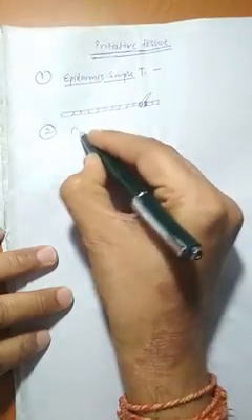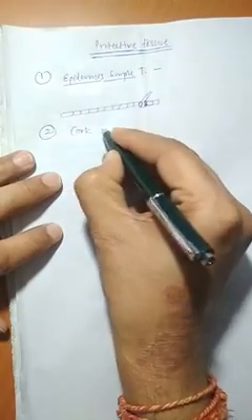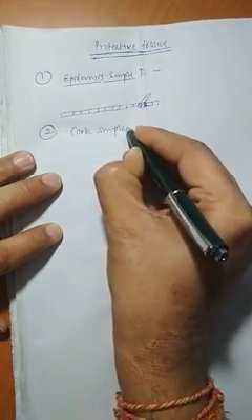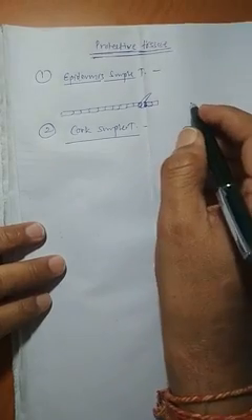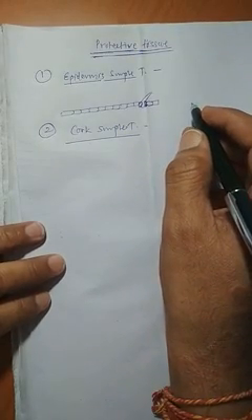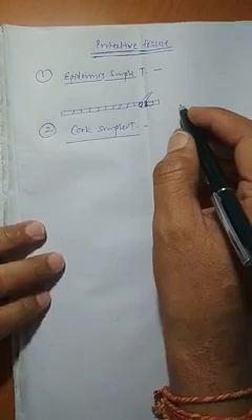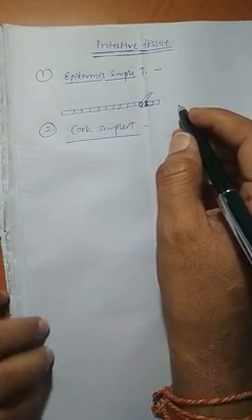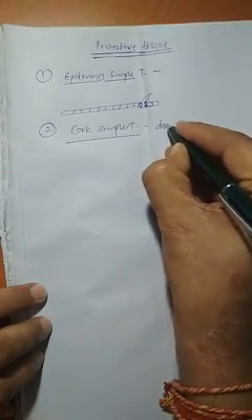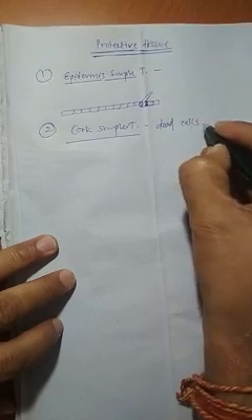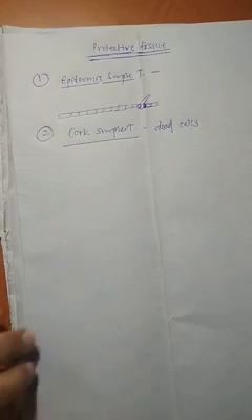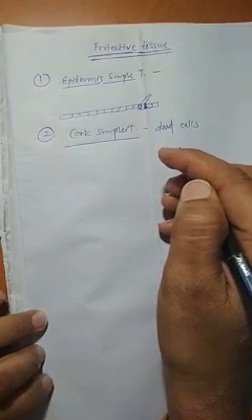Second one, cork simple tissue. Cork simple tissue. This type of tissue consists of dead cells. No intercellular space. They form the outer layer of old tree